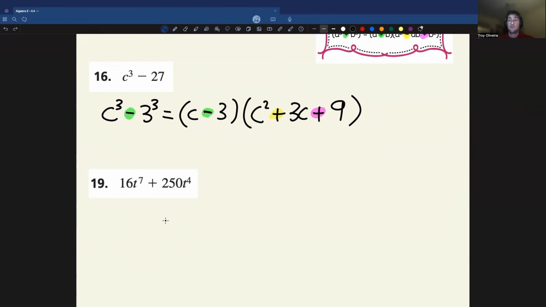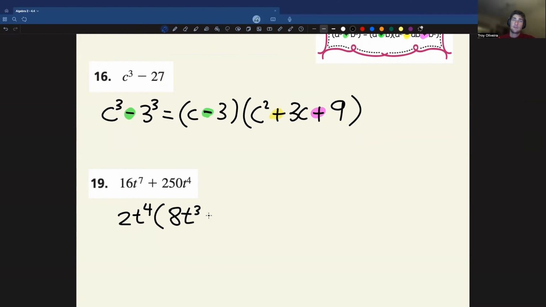So 16 and 250, 250 is not divisible by 16. It's not divisible by 8, and it's not divisible by 4. And I know that because 50 is not divisible by 4. So all I can factor out here is 2. So 2, but then I can factor out a lot of t's, right? 4 of them to be exact. So it's 2t to the 4th times, okay, now I have